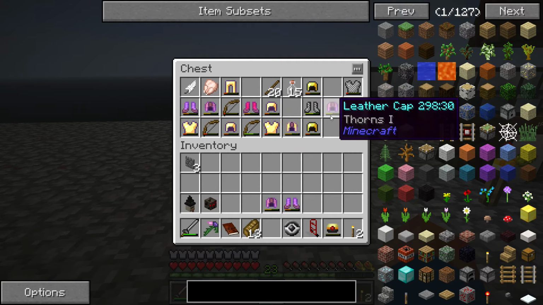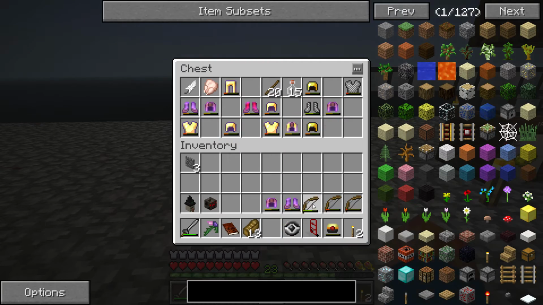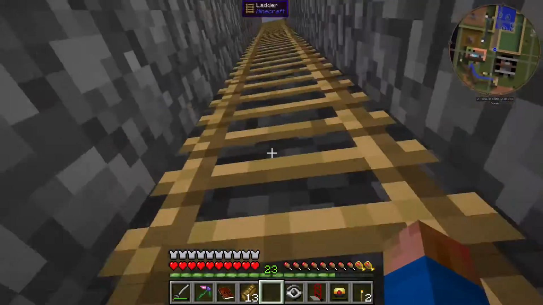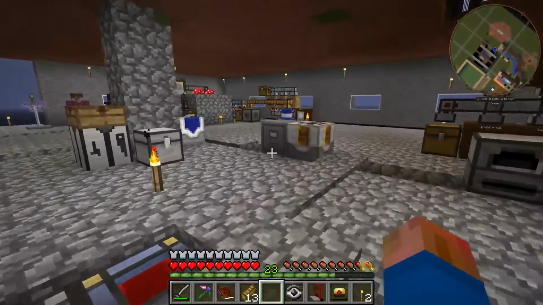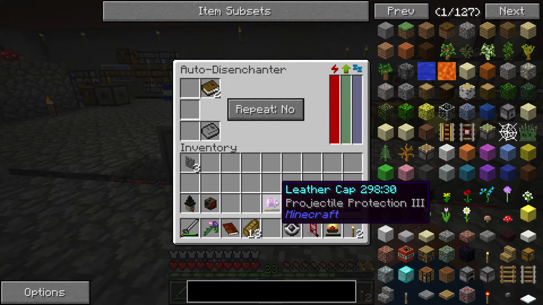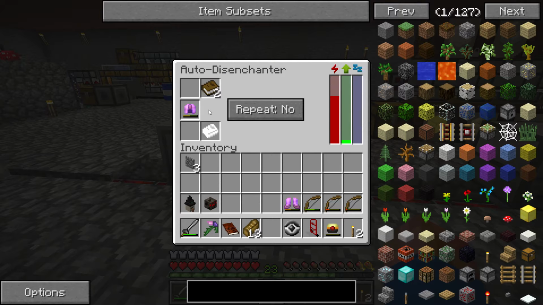And we'll dump some more bows while we're up there. I really need to make that system work a little better. But anyway, what we've got, I made a couple of books and put them in here. So when I put this leather cap with projectile protection in, it should auto disenchant that, and I end up with,